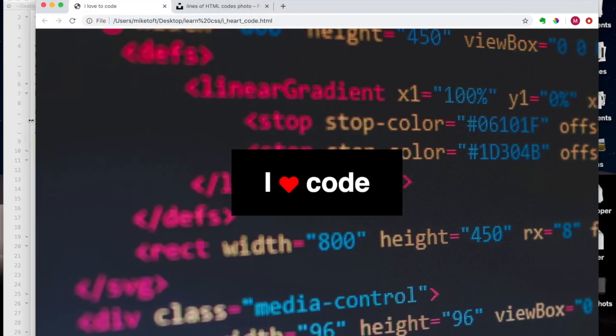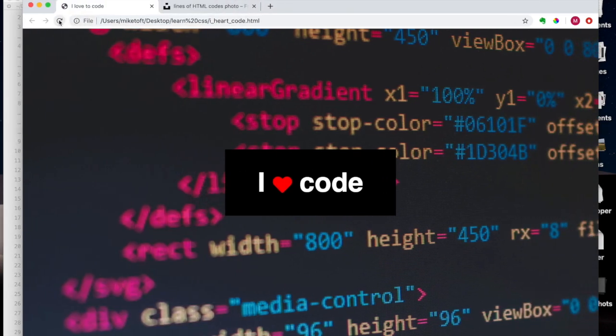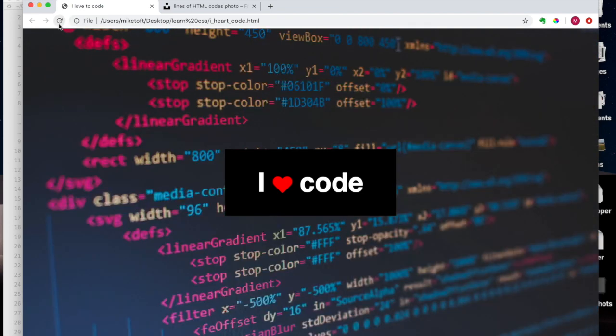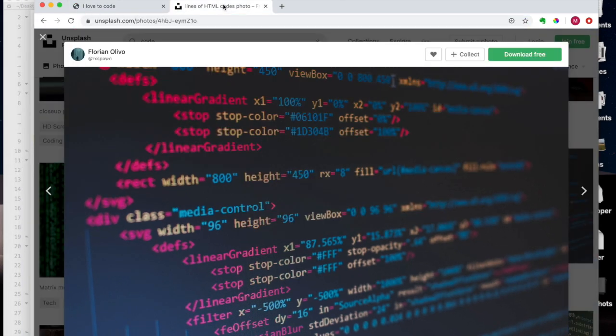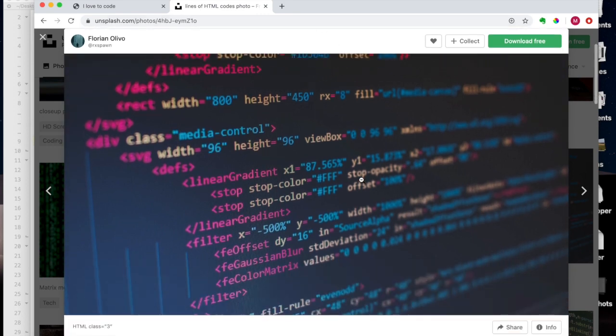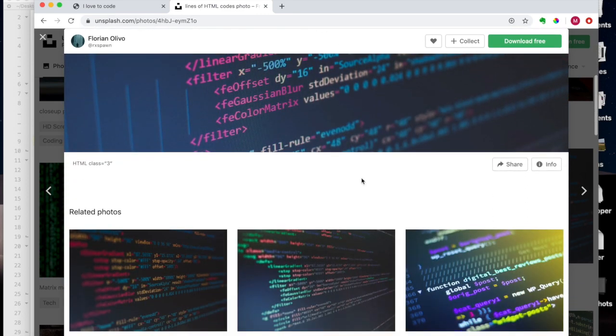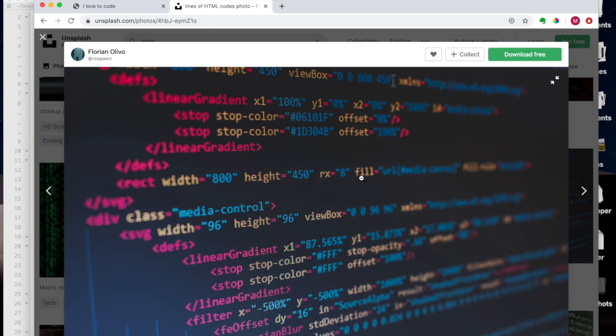Now look what happens when I click refresh in 2, 1 now, and you can see that we've got the whole of the original image from the photographer. So that's looking really nice. However, if you're using somebody else's images and so on, it's a real good idea to effectively, I can't say it, attribute them